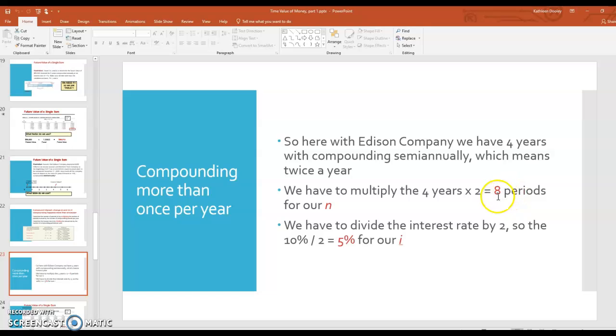So that means we're going to use 8 periods. When we look up in the chart, we're going to use 8 for our N. Then we have to take the interest rate and divide by 2. So the interest rate was 10%. We divide by 2. So that's 5% is what we're going to use for our I when we go into the